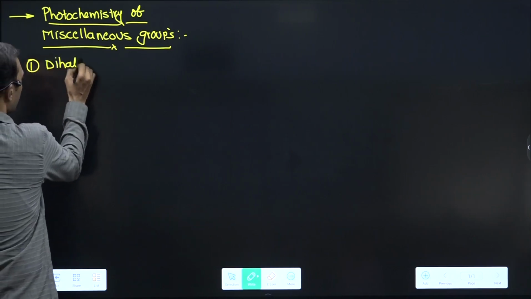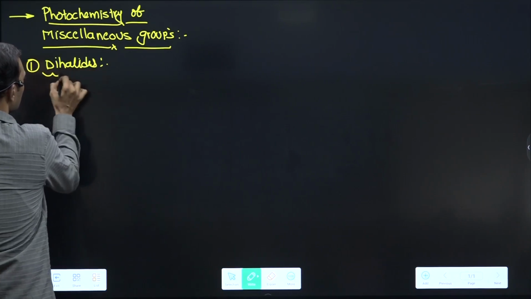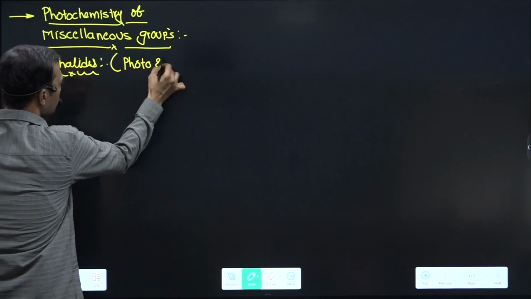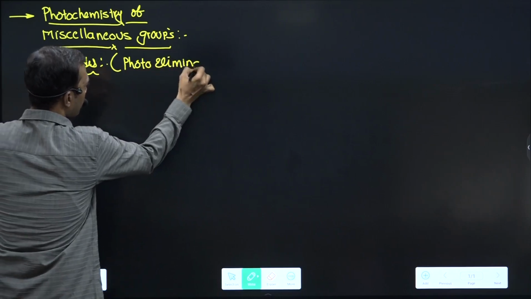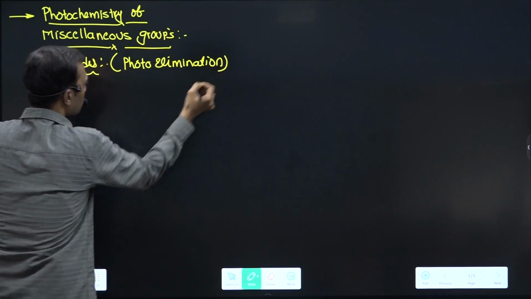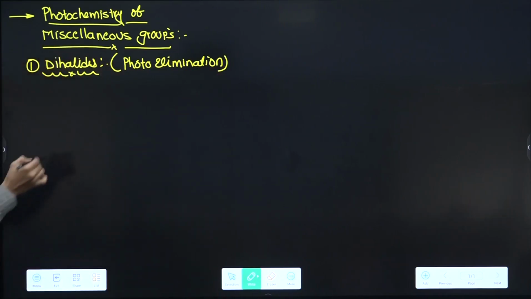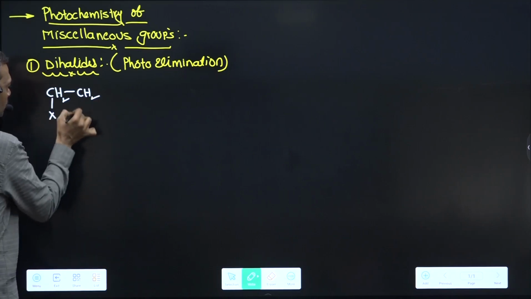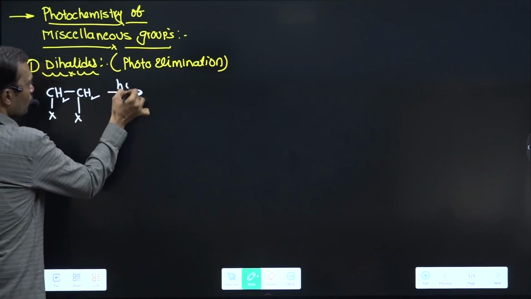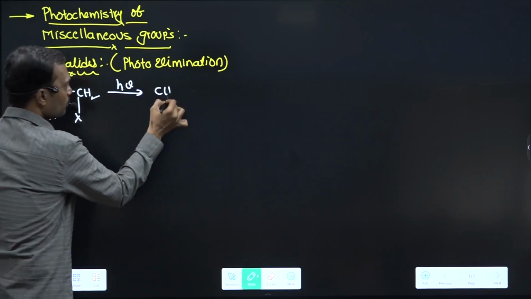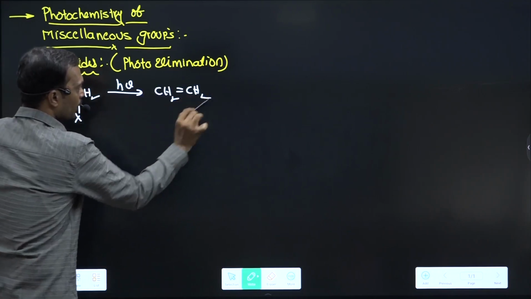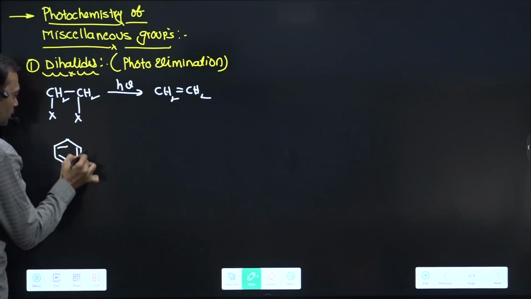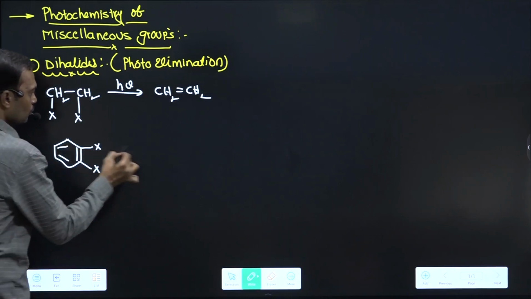So mostly dihalides. Dihalides are involved in photoelimination. If I give dihalide anywhere, go for photoelimination to give olefin. Which means if two halides are given adjacent to each other, photochemically they go for elimination, giving an olefin. Suppose the two halogens are present on benzene, here X and here X, photochemically